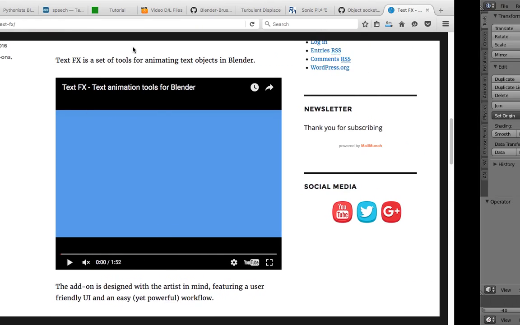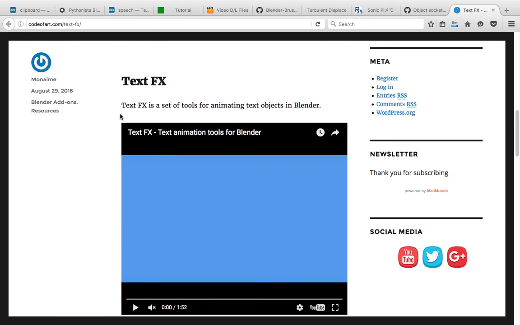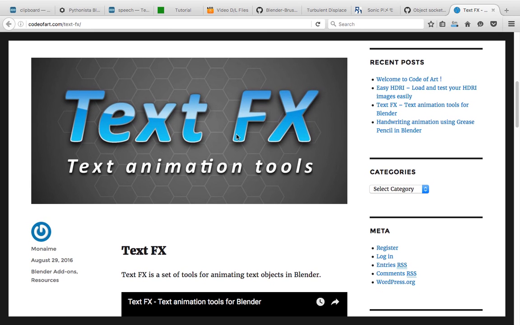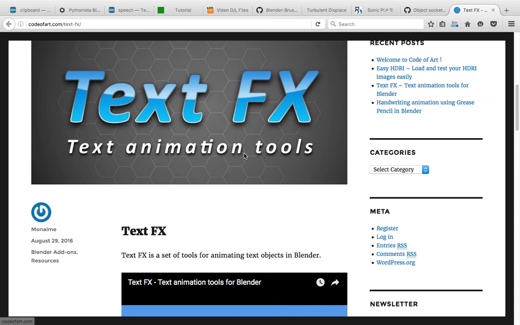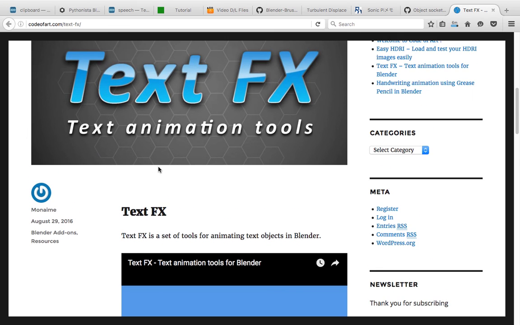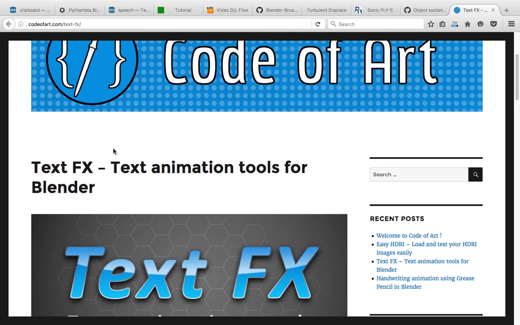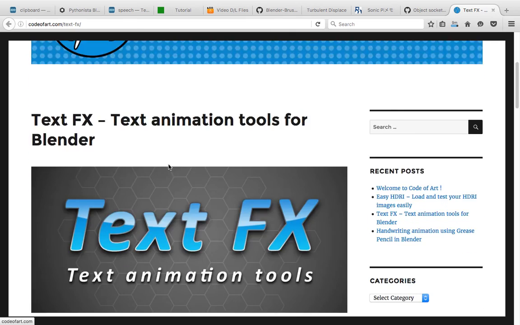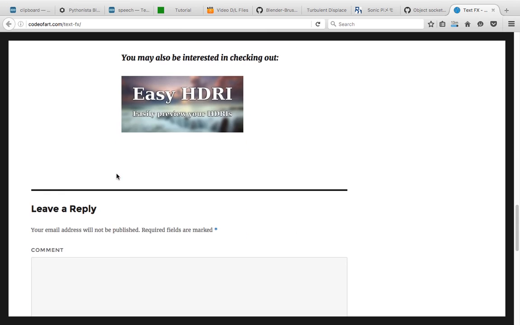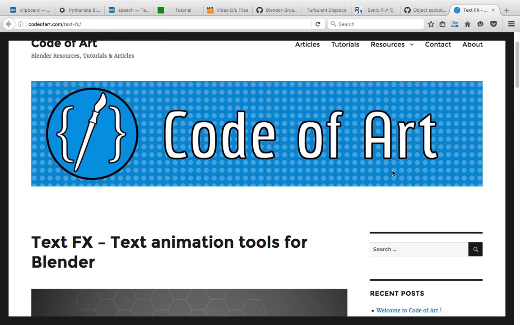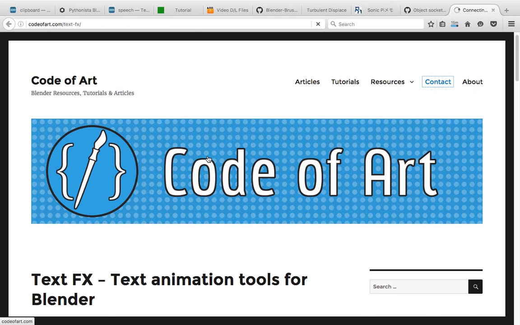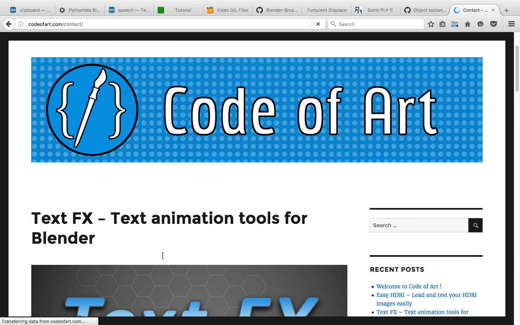Today we're gonna come back to animation nodes and we're gonna focus on TextFX animations. Basically, I found this plugin. It was recommended by Georgie. This plugin TextFX is available for you to download. I don't know who created this. Maybe I'll check. So there's a TextFX. This is an add-on for Blender,